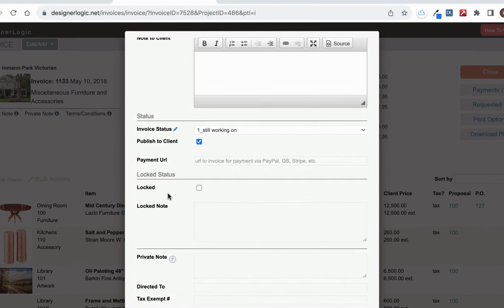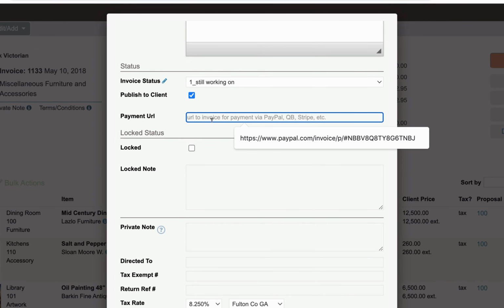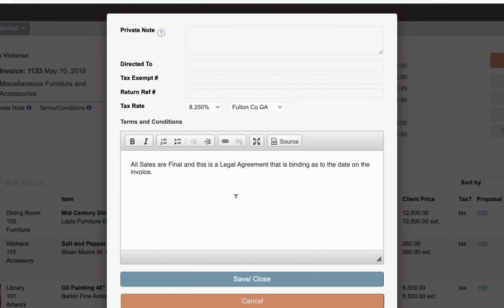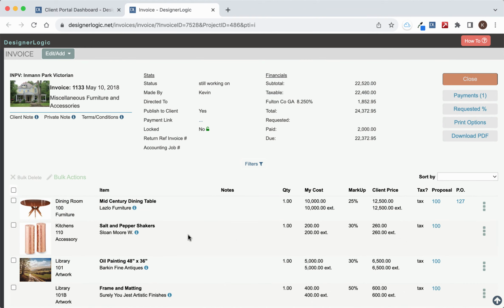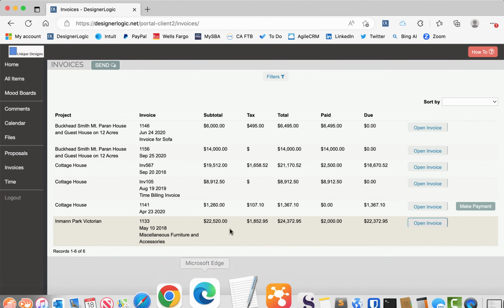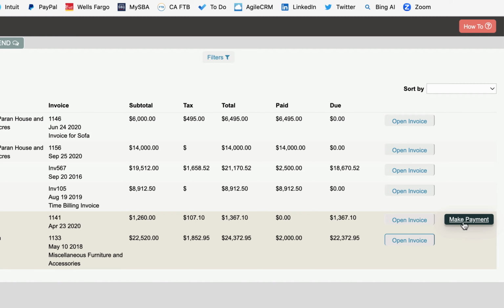If you scroll down here, you'll see there's a payment URL field right here. So here you can just paste in your invoice URL, and when you click Save and Close, what that does is that will create the button for the client. If we go back to the client view, it'll create a button like this that says Make Payment that will go directly to that URL invoice,